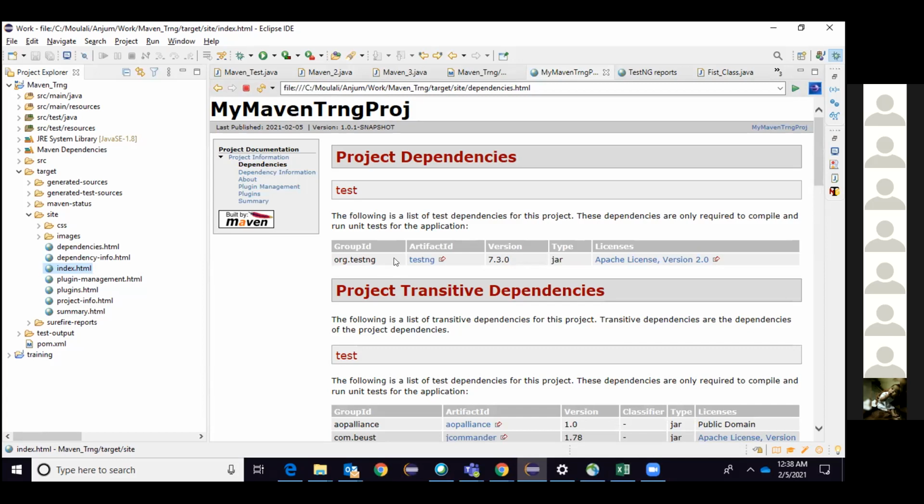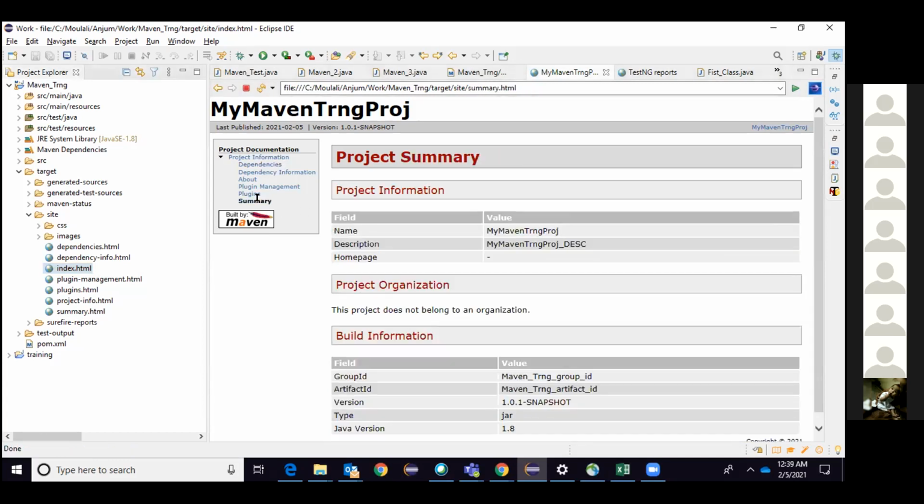I remember that when we used this particular site, we added some annotations on the class files. Then it started generating the site, but you didn't add any decorators or annotations, and it was directly generating. That's where I was surprised. Yes. So that's what I'm saying: the major work of site is giving you the dependencies information. If you have added some other classes, then for those classes also it will probably tell you whatever references and packages you have used, maybe it can show that.